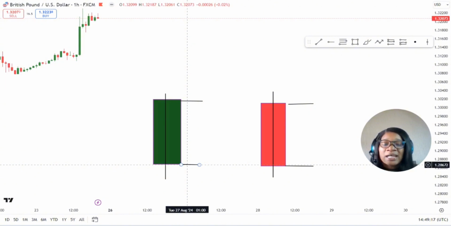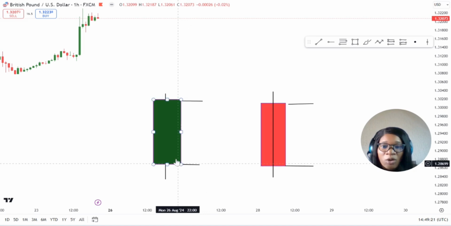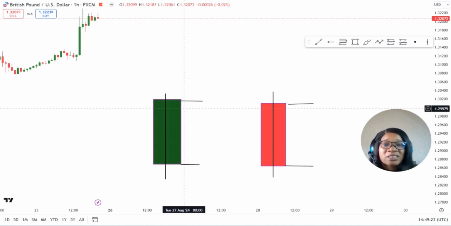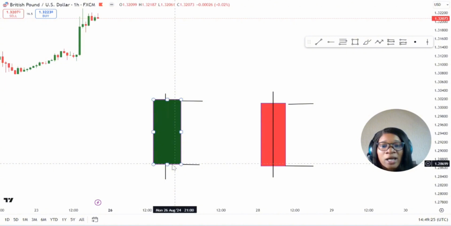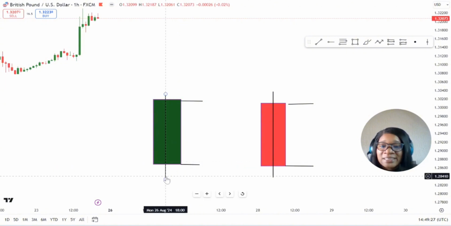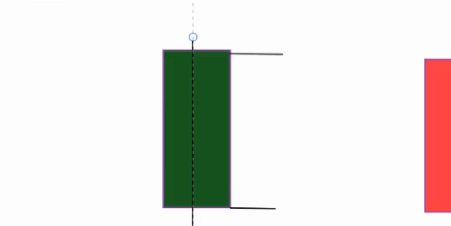So it is showing us that within the course of that 1 hour, within the course of all the activities that happened within that 1 hour, there was a time when price came all the way down to 1.28331. Okay, there was also a time when price came all the way to 1.30379, but at the end of the day the price still closed